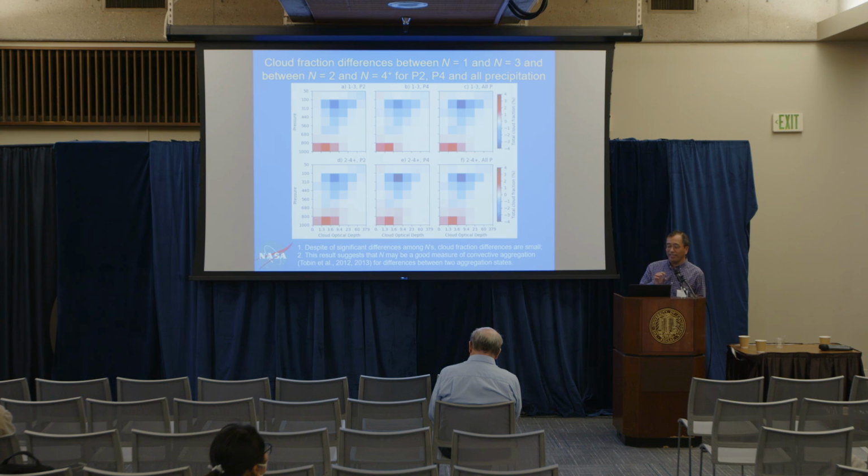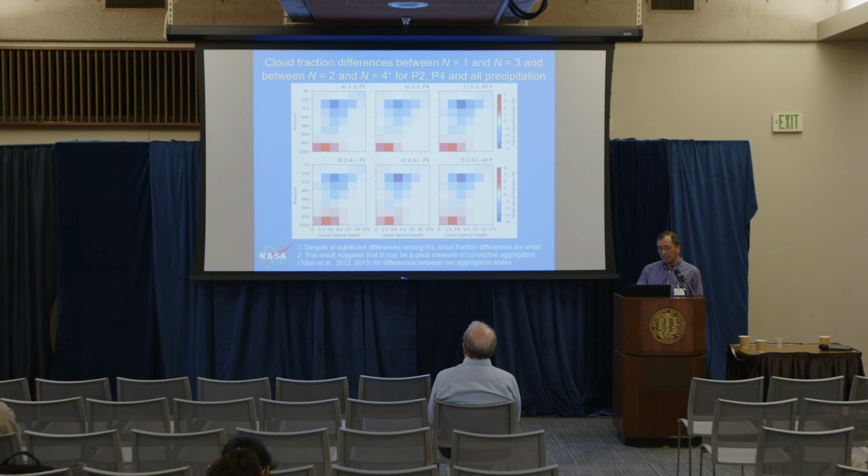So you can see, when convection is more aggregated, so there's fewer cloud objects inside the box, the upper level and the high-level anvil clouds are less, but the shallow cloud is a little bit more than for less aggregated cases. So this basically means the number of cloud objects could be a good indicator to measure the convective aggregation. But